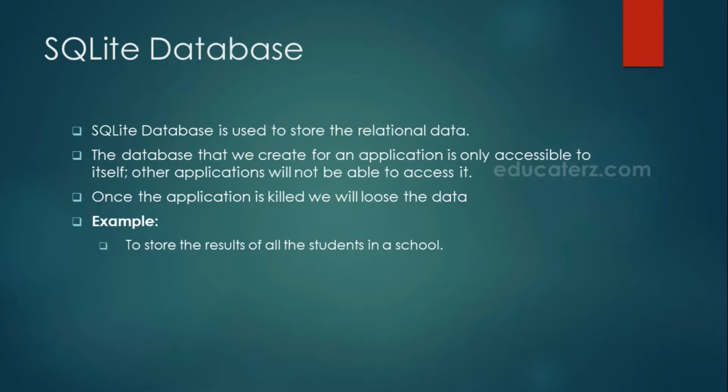Again, if you want to know the student details or the student names who secured more than 70 percent, you will write a query saying, go to that particular table and find out who are having more than 70%, where the percentage is greater than or equal to 70%. Automatically it will load all the data. Depending upon that particular column, we are grabbing all the other data. So there is a relation between every data item. In such scenarios, we use SQLite database to store a large amount of relational data.